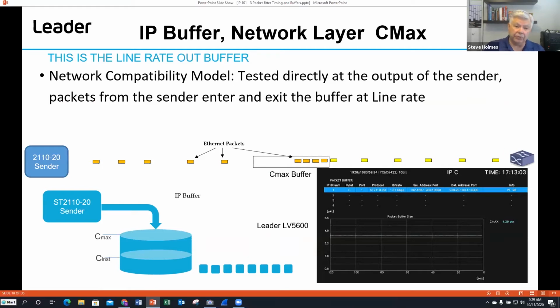So part of the reason we came up with these different types of buffer modeling. The buffer modeling deals with looking at the data coming out of the sender. Over on the left-hand side, I've got my 2110-20, my video sender, and it's got a little bit of spacing between its packets, but they're moderately tight, so this would typically be a hardware sender. And it's going to send that data out,